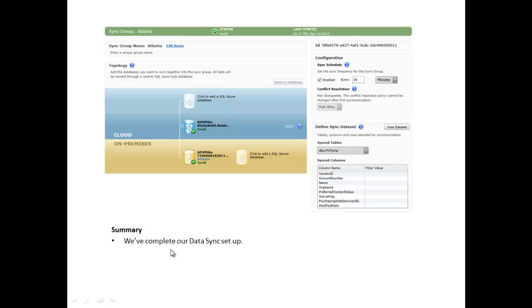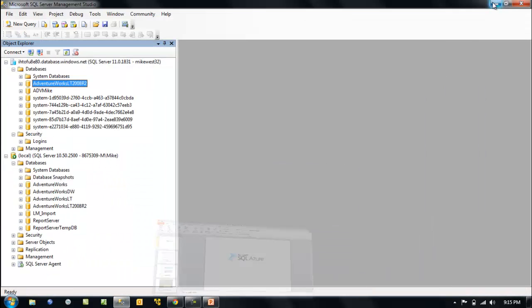So we've completed our data sync setup, and this is what it looks like, right? The status should be good, showing the last sync between these two tables. We're here with on-premises, and we're here with Azure. That's good news. End of the slideshow. Now let's go do it